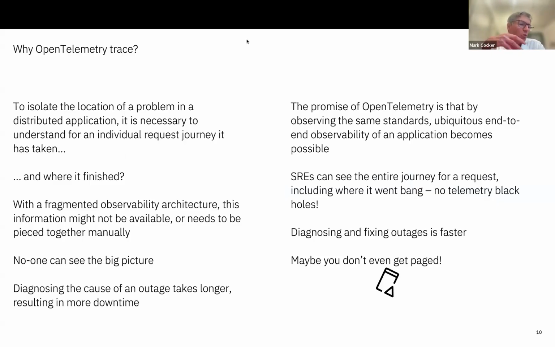So why would you actually need observability anyway? The typical use case is around isolating problems. Just understanding the flows through your different environments for a particular application has value in itself, right? Because otherwise it's a matter of people understanding their bit of the puzzle, but struggling to understand how that connects with other components.